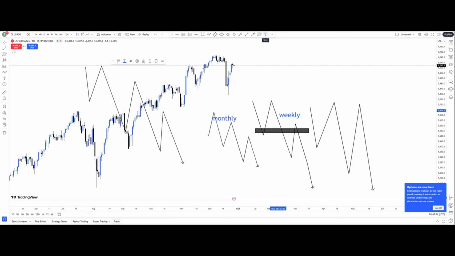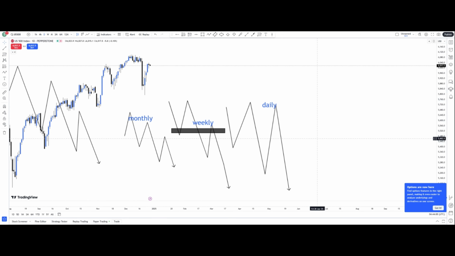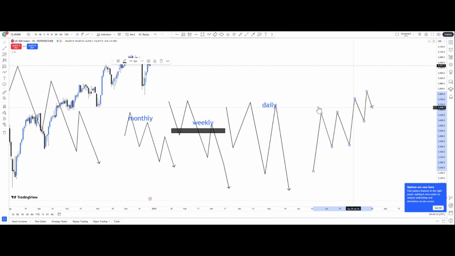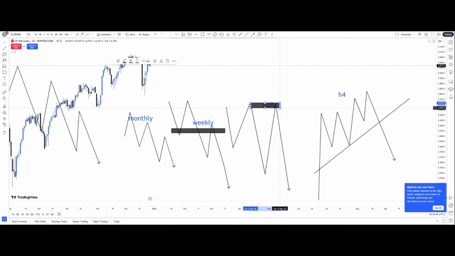So we also look for the supply and demand on the daily time frame. On the weekly time frame, we are still looking for a trend. On the 4 hours, we are looking for an entry criteria. So it might be a break of a counter trend line. That means, for example, on this, we are looking for something like this. The market is going upward on the 4 hours. Then we draw a counter trend line, which will be in this way. So immediately price breaks below the counter trend line is an entry on 4 hours. So this is the way we look at the market with this strategy.